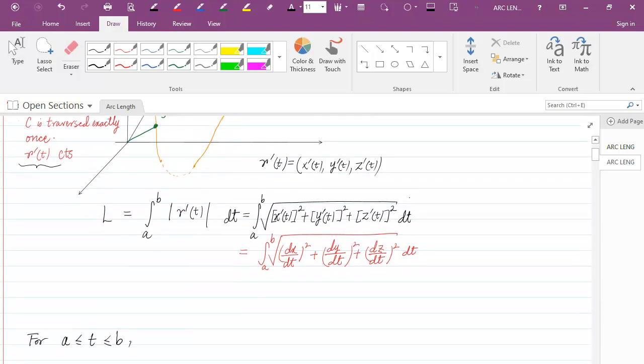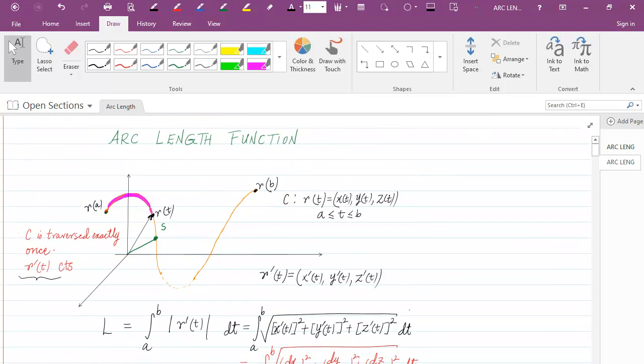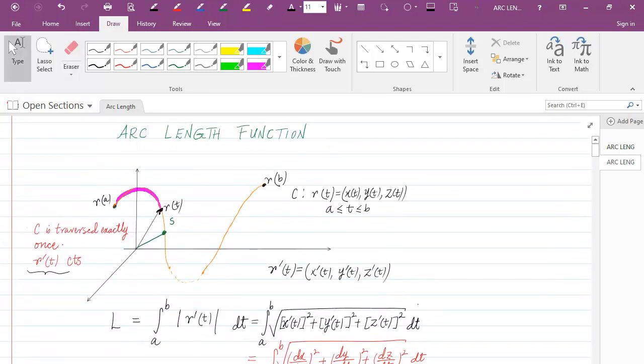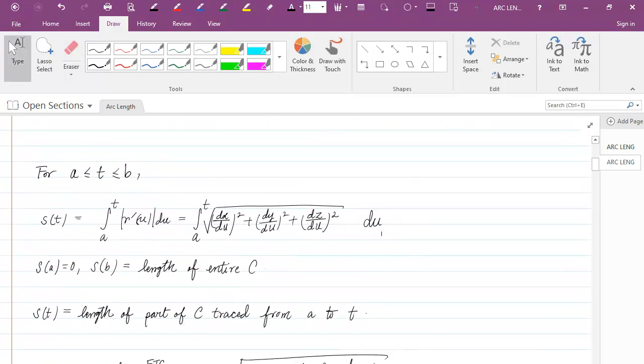Okay, so what I want to do now is define the arc length function. So what is the arc length function? Let's say that, again, I have this curve C given by r of t, where t is between a and b. Then the arc length function is the following. For a fixed t between a and b, the arc length function s evaluated at t is equal to the integral from a to t of the length